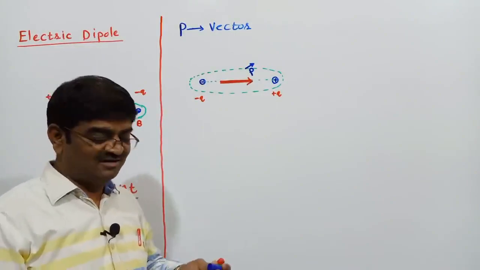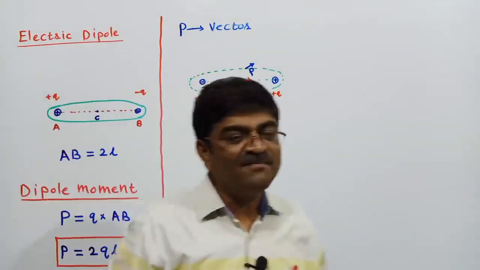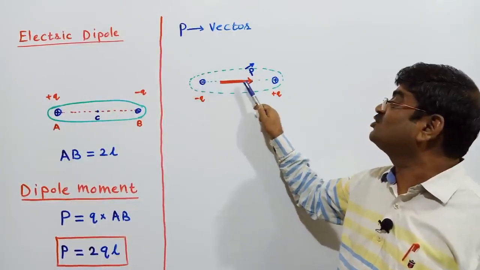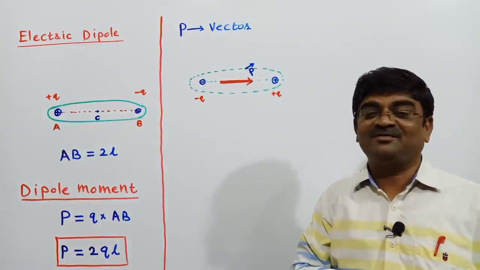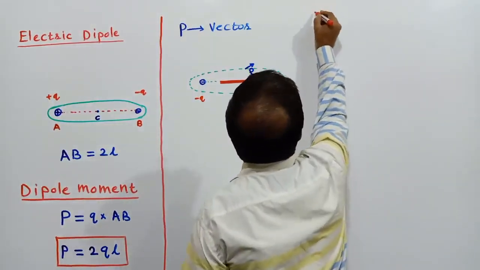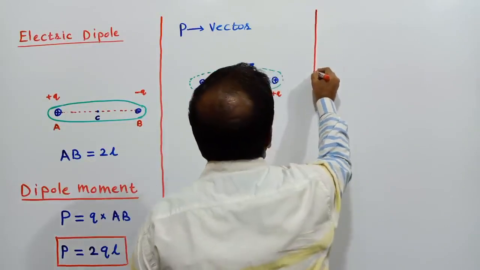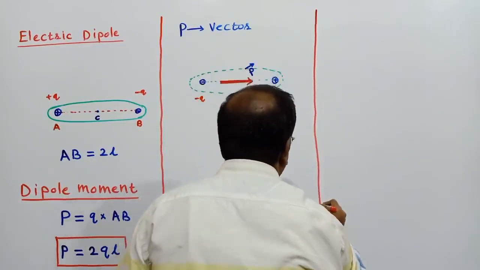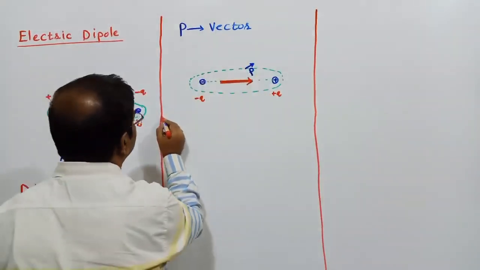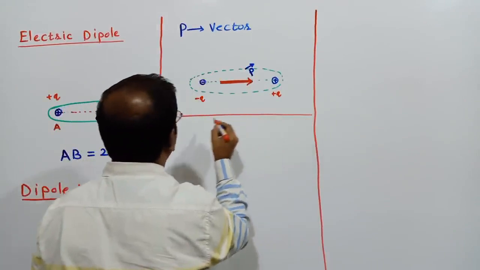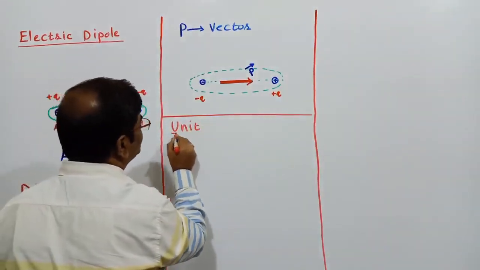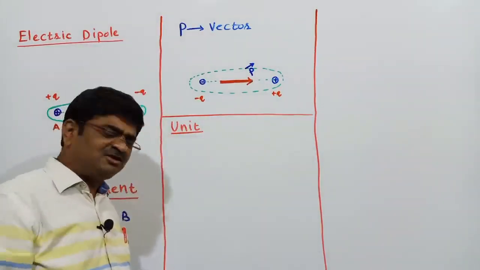This is the direction of the dipole moment that needs to be remembered. Very important. So what's the direction of the dipole moment, as I have shown in the figure? From the negative to the positive charge of the dipole. Very important. Going ahead, once I have the direction of the dipole moment, let me take you a step ahead to know about the unit of the dipole moment. And I think it is a job of a few simple mathematical steps.